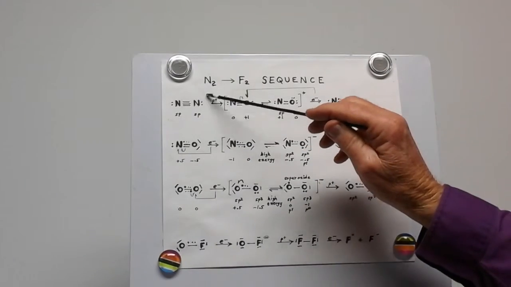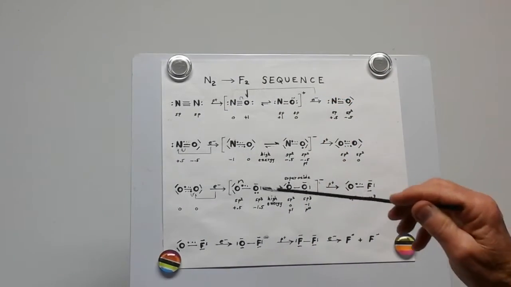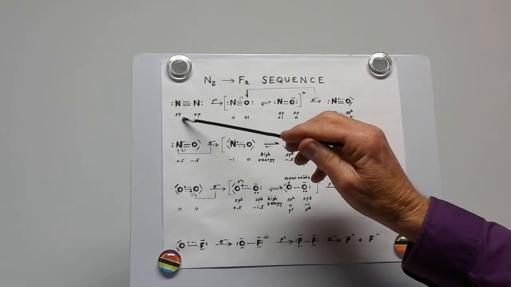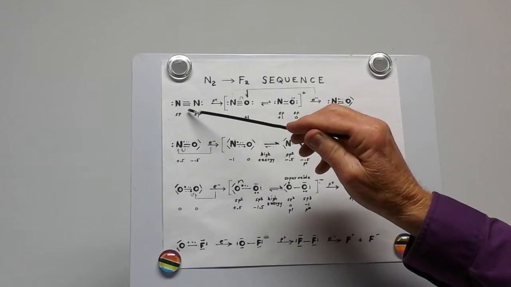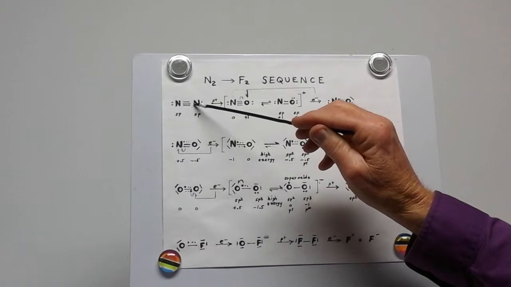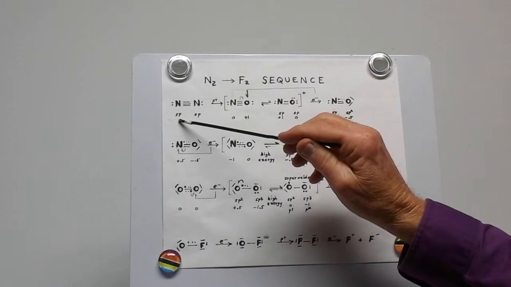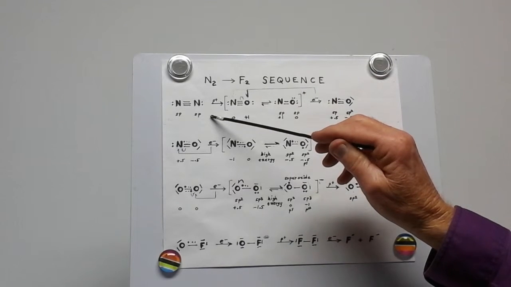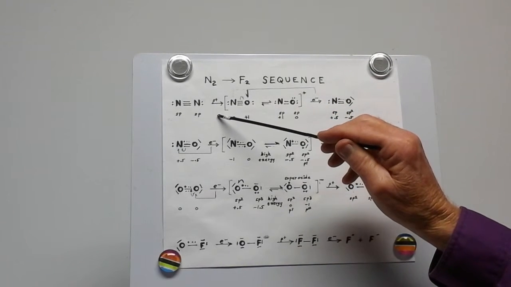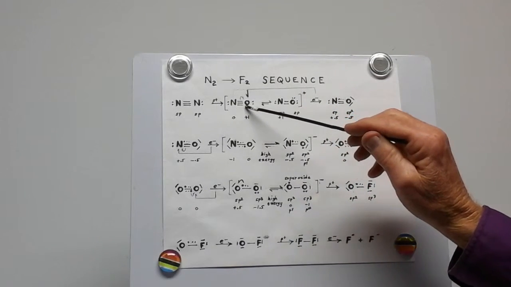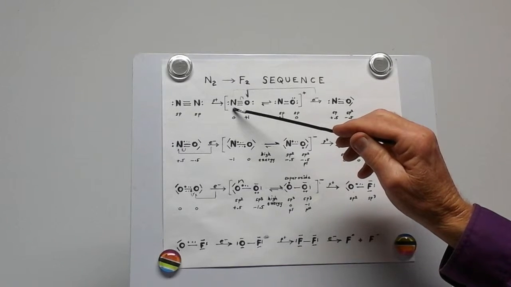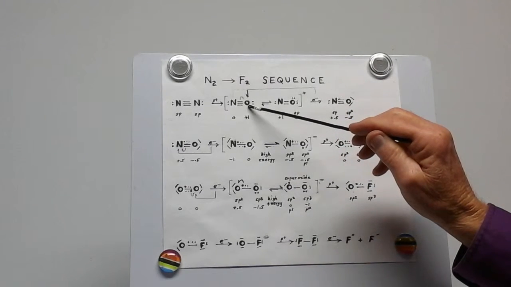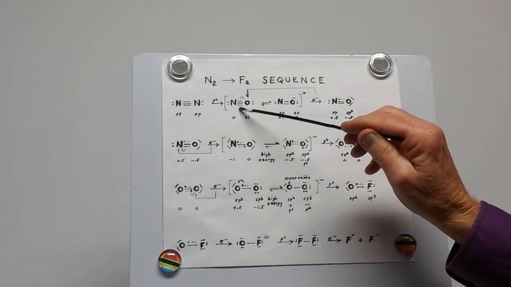Let's take a look at the N2 to F2 sequence. This would be nitrogen, triple bond, sigma bond, 2 pi bonds, sp hybridized, sp hybridized. Let's take and add a proton at this position. And that's going to make it into an oxygen. Now we have the NO, same triple bond,